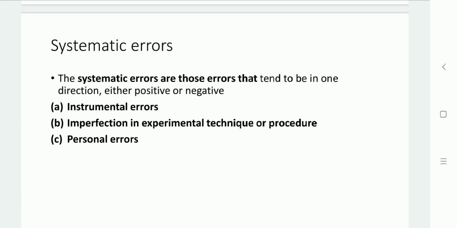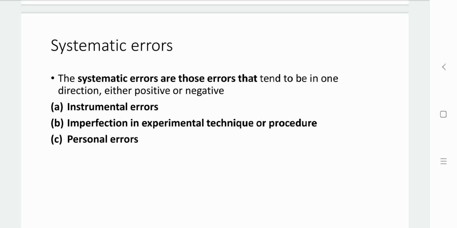Here, external conditions can also affect the measurement during the experiment. It can be temperature variation, humidity variation, and the like. For example, if a procedure or experiment needs to be done at room temperature, but in summer days the actual room temperature is generally higher than the normal required one, then the measured data can vary. This is how procedure error can be present.